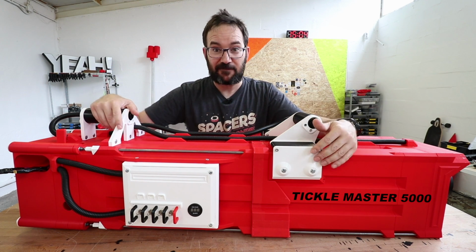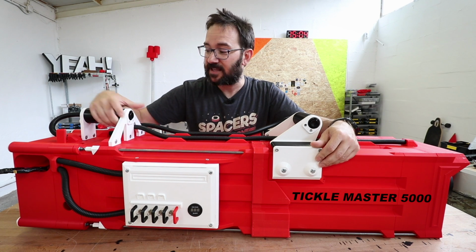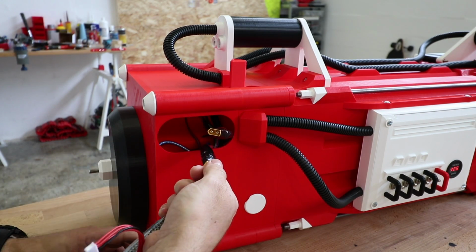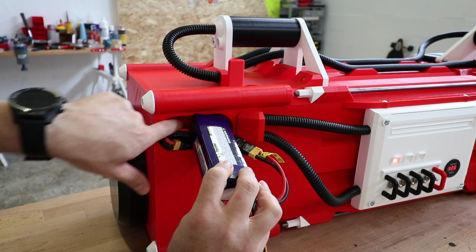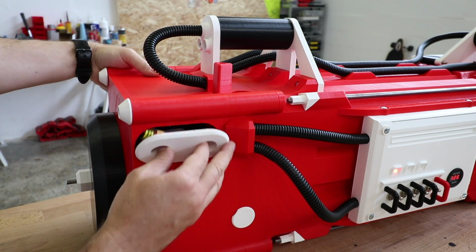I will show you now the features of this thing, and the first step is to put some batteries in this compartment in here. It uses a 3S battery for the EDF and the power, and a 6S battery for the drum roller and the lights. And I made these covers